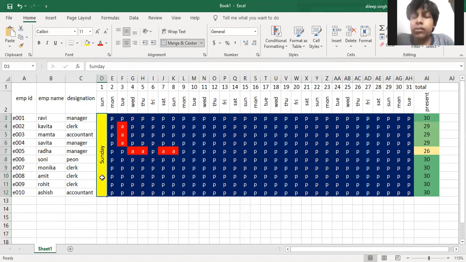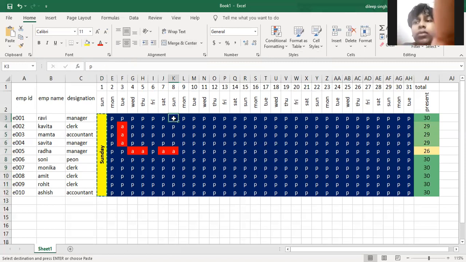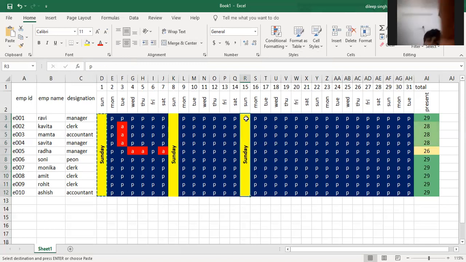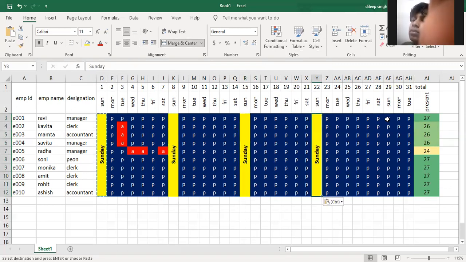Then copy it using Ctrl plus C, go to the Sunday columns and press Ctrl plus V to paste the content. Again we repeat the same step, Ctrl plus V. So you use this step one by one, and you will get all the Sundays in the same format like this. Understood?